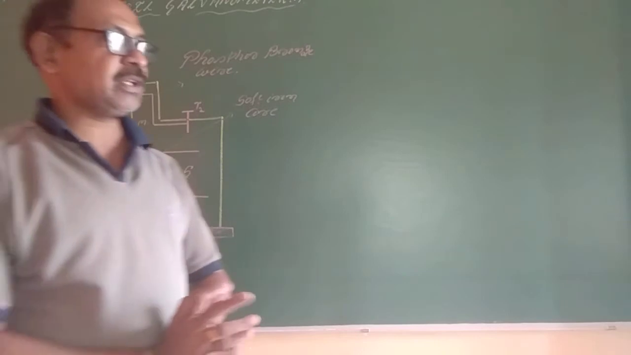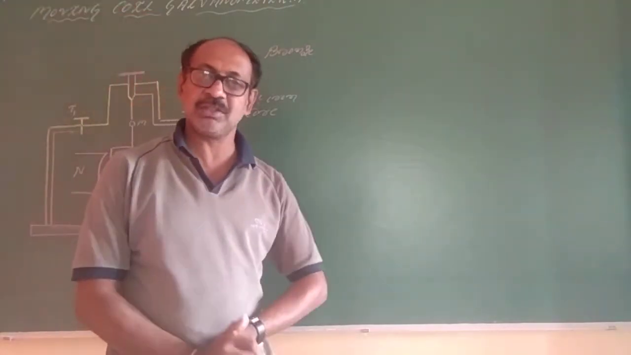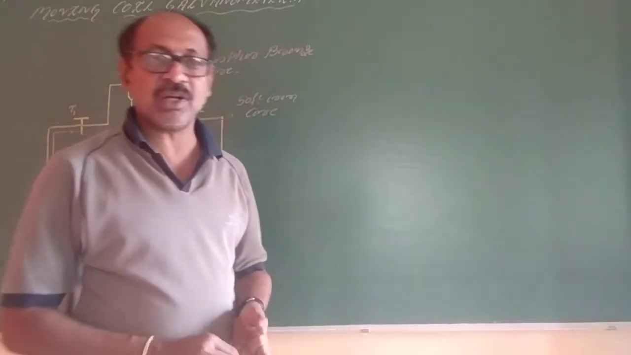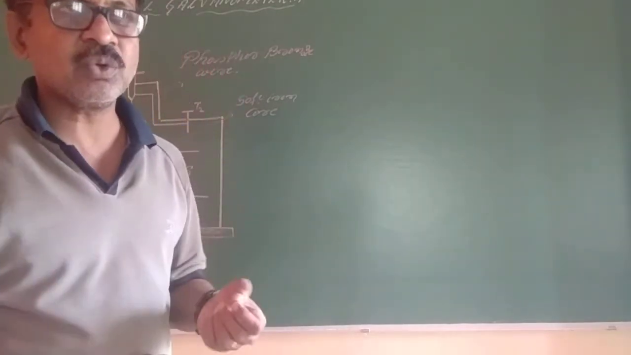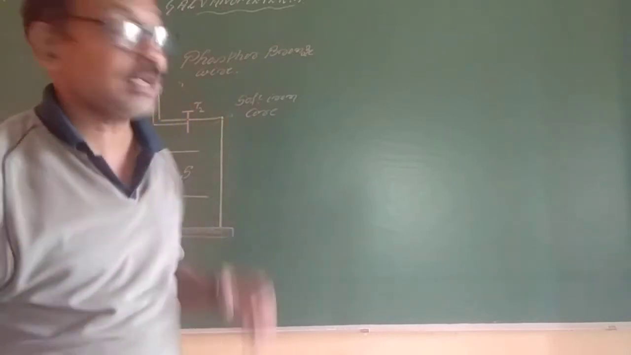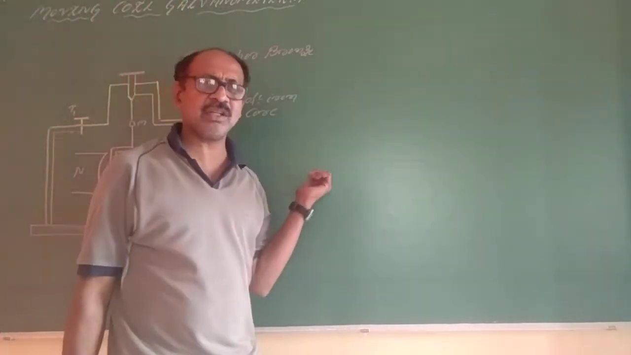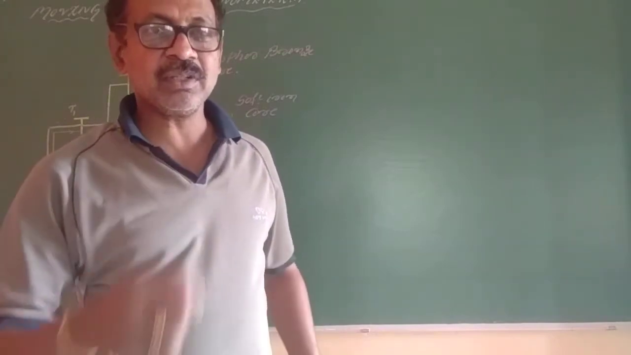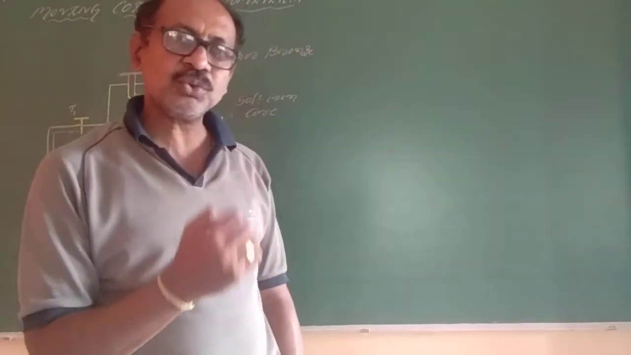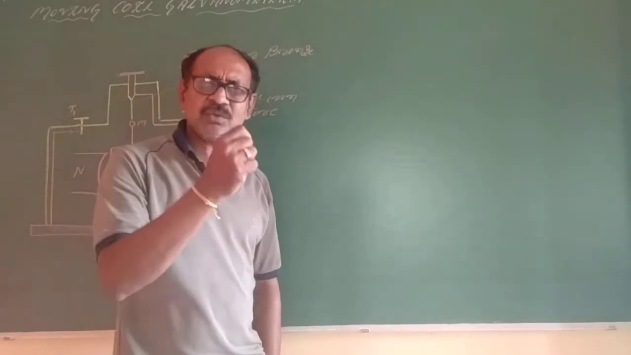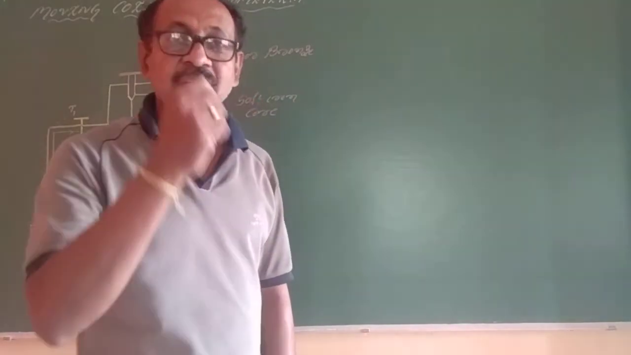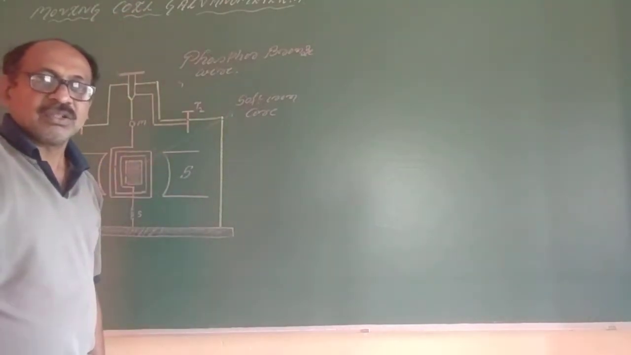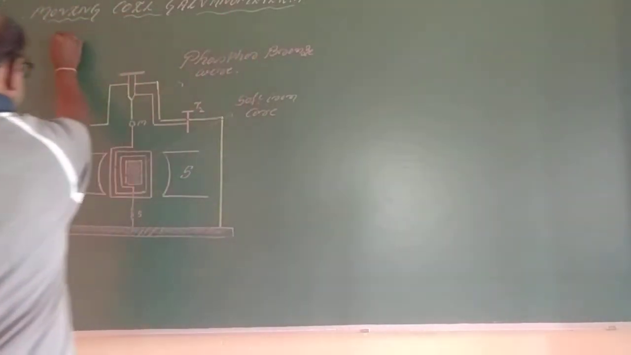Today we are going to study the moving coil galvanometer. What is the meaning of galvanometer? A galvanometer is a device used to find out a sensitive current, the current flowing in a conductor. We can also find it with an ammeter. Here is a galvanometer. The galvanometer is used to detect a very small current. So, to detect the small current,